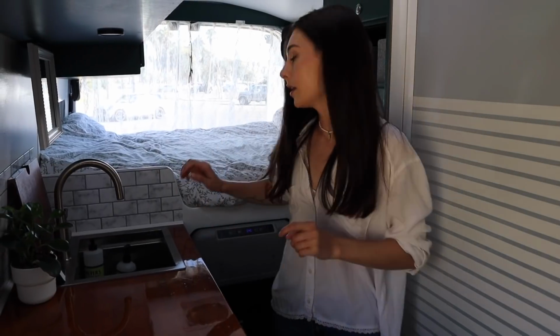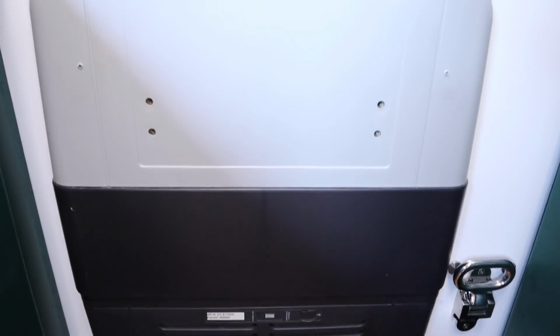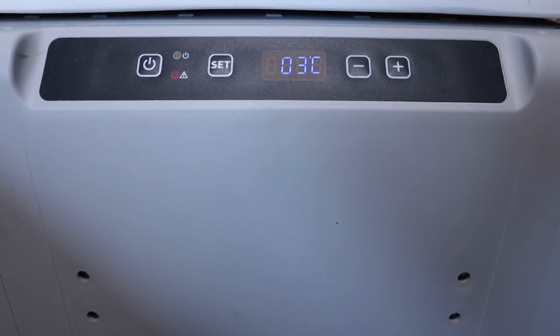And down there is Cheetah's bathroom. It just opens like this. It's a little cloth. She goes in there, does her business, comes out, and then we have to clean it. And then in here we have our fridge. It is a Dometic